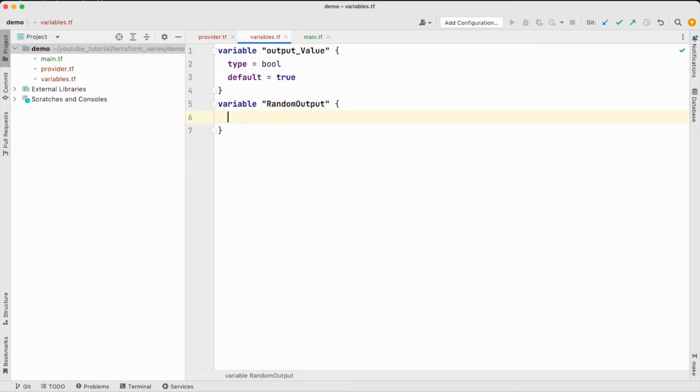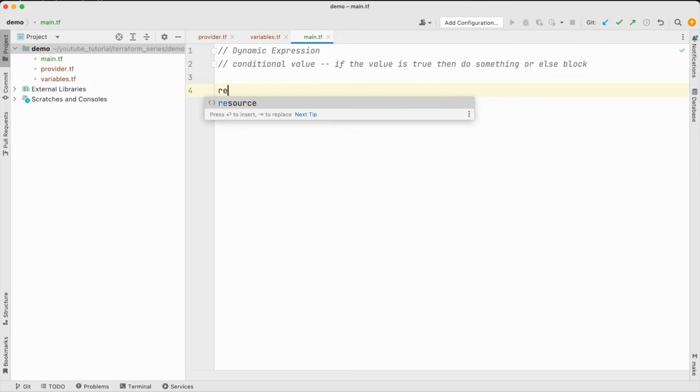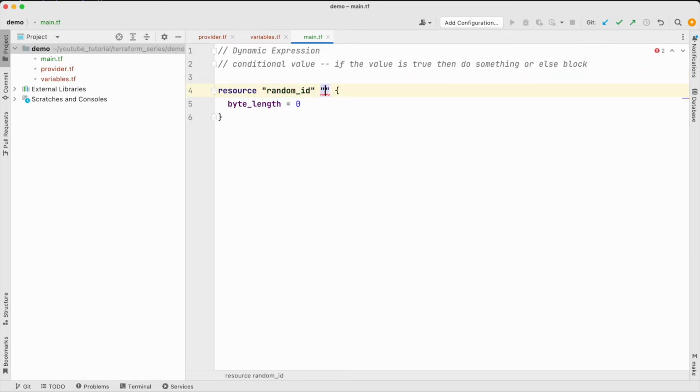And I'm going to create one more variable which is called, say, random output, okay? And the value of this random output, what I'm going to put is, this is random, okay? And now I want to generate the random value, which is of byte length of 8. Once I did this, right,